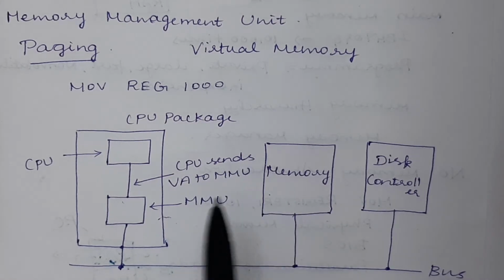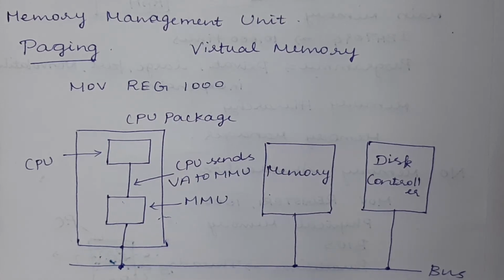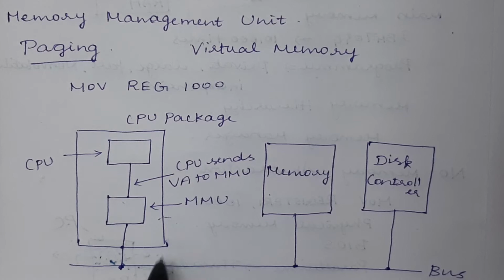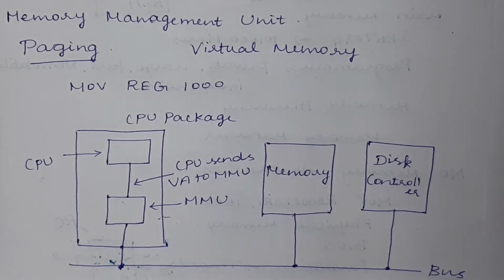Once the memory receives the address, it doesn't know what the instruction actually could be. It is just accessing the physical address, whatever address it is receiving. Whatever content it has in that particular address will be sent to the appropriate device. This memory management unit is followed by two specific techniques, paging and segmentation. First we will discuss the paging concept, and later on we will discuss segmentation.